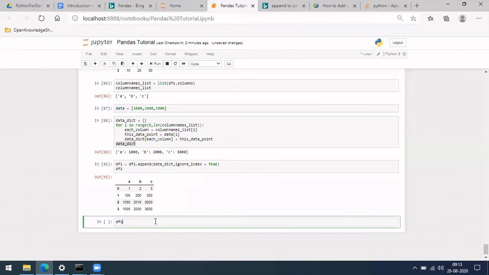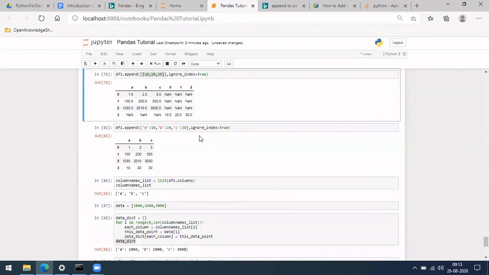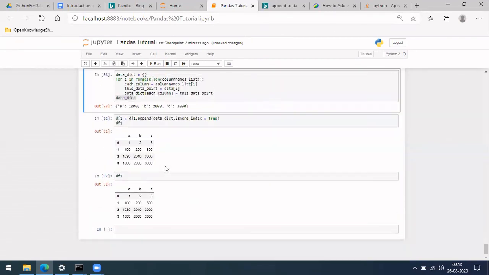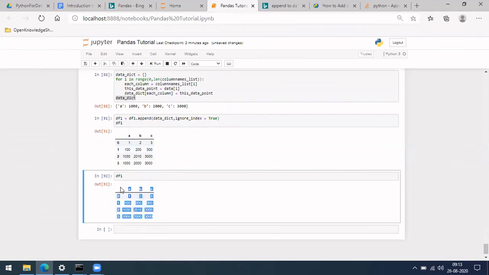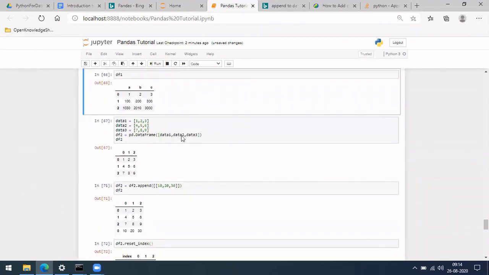If you do df1 now, it will take this. Before, it was not saving. Whatever we tried to save here, we appended 10, 20, 30, but that is not saved in df1, if you can observe. So that is the difference. But here again, you have to save it back to df1 so that the change will be retained. Okay, this is one way. And if you observe, after you do this kind of append with ignore index equal to true, you did not even have to reset the index again. Earlier, with the other approach we took, it had changed the row number.